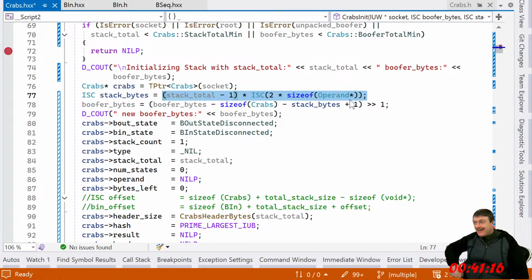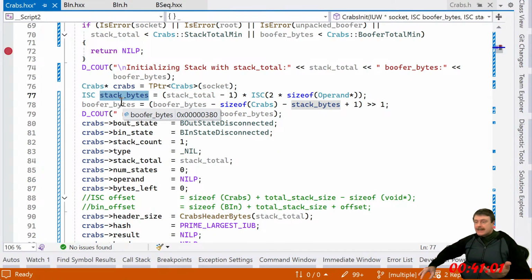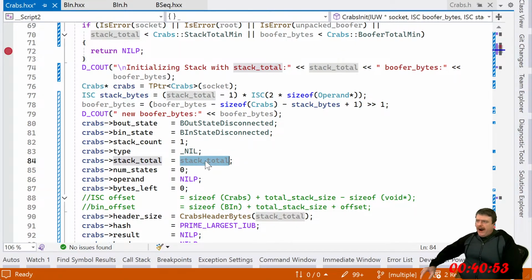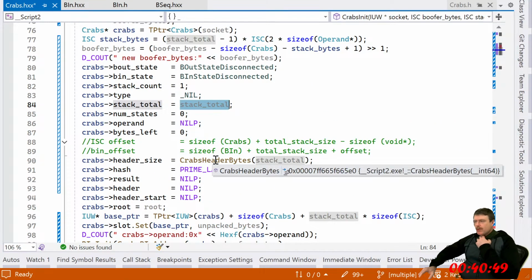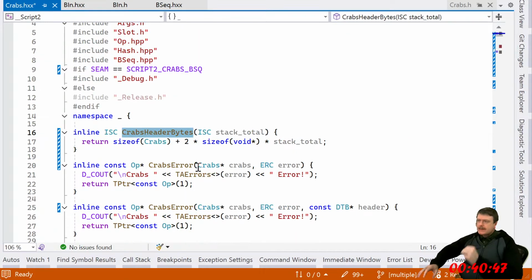Am I like Code Ninja and way better than myself at programming, or is this completely bozo, right? This would make sense: stack bytes. If I just accidentally replaced the variable name and didn't notice what was going on. Sure. All right. So, that seems like it would make more sense. So, header bytes. What is this again?